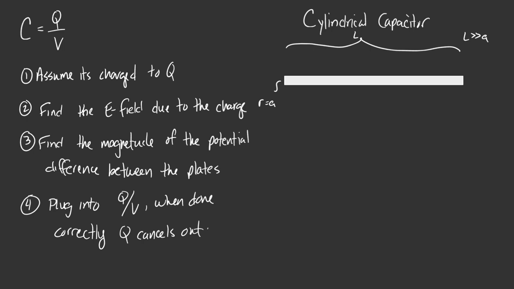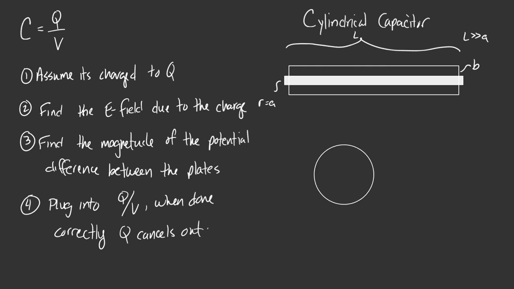We're then going to surround it with another cylindrical shield, and this is going to be the outer shell, something like that. And we're going to say that it has radius B. So this is trying to look straight on at it. I'm not trying to make some 3D picture. And I'm just having the end stick out a little bit so that we have some differentiation. But can you kind of imagine what we're talking about? Because if we looked straight down at it, like we just turned it on its side,